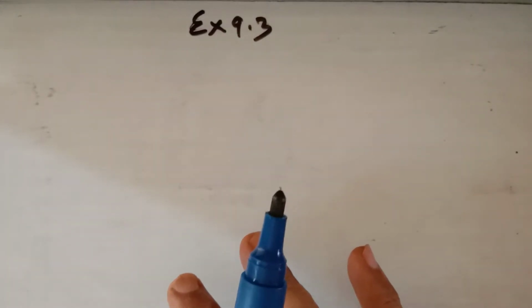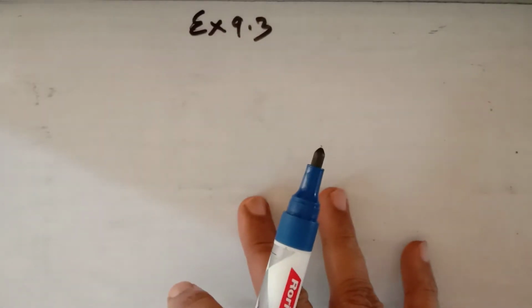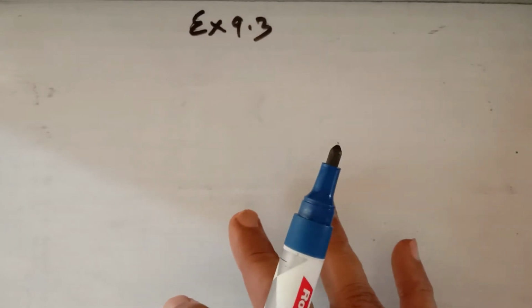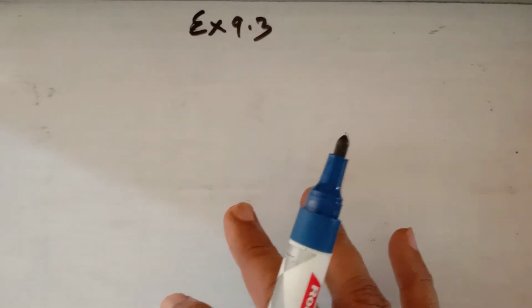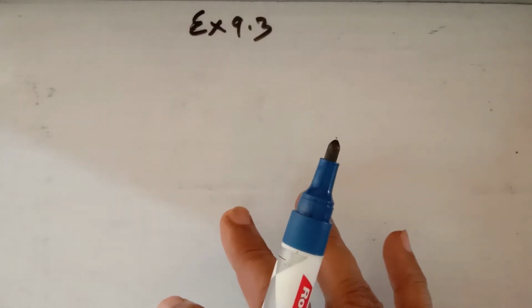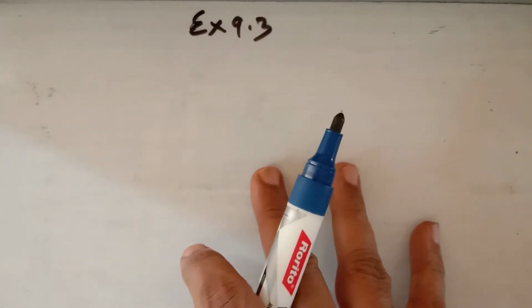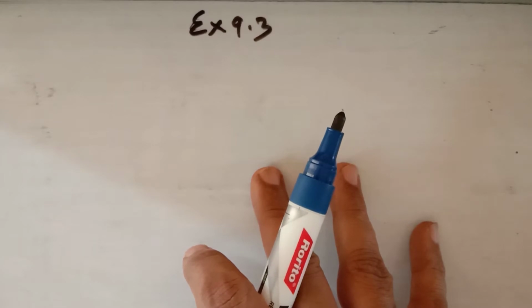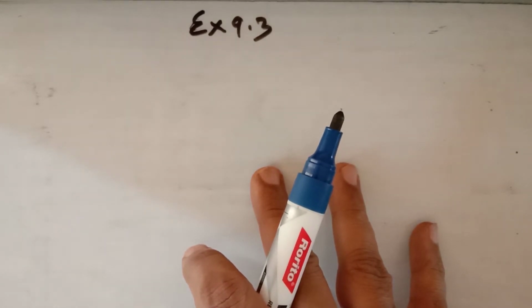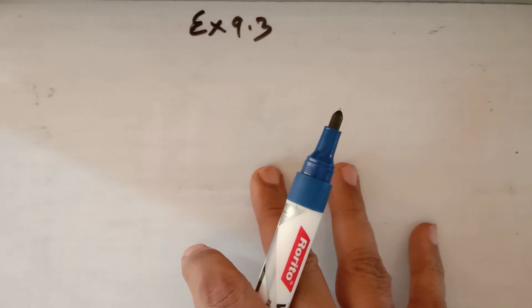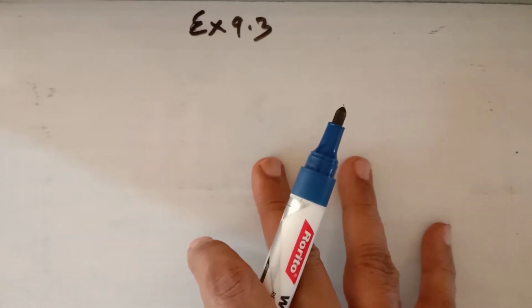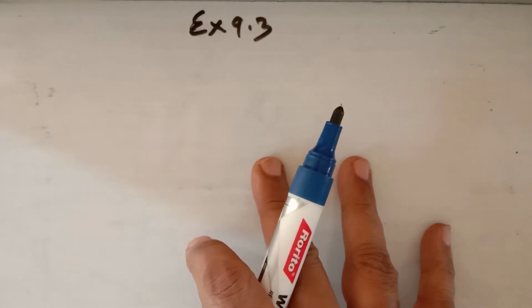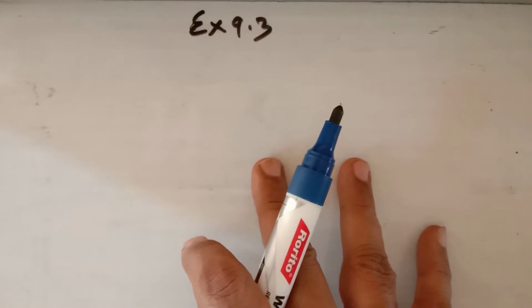Now what do you have to do to form a differential equation? If an equation contains only one arbitrary constant, then you have to eliminate it by differentiating only one time. And if a differential equation has two arbitrary constants, then you have to eliminate them by differentiating the equation two times. So if an equation has only one arbitrary constant, then the order of the differential equation will be 1, and when the number of arbitrary constants of the given equation is 2, then the order of the differential equation formed will be 2.